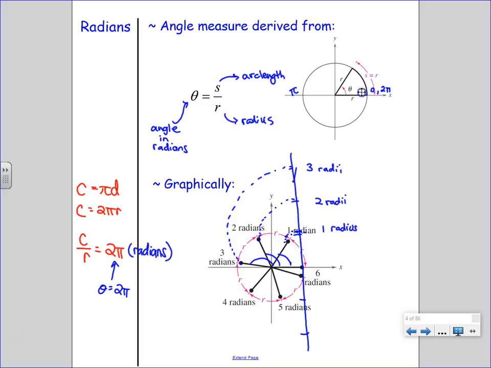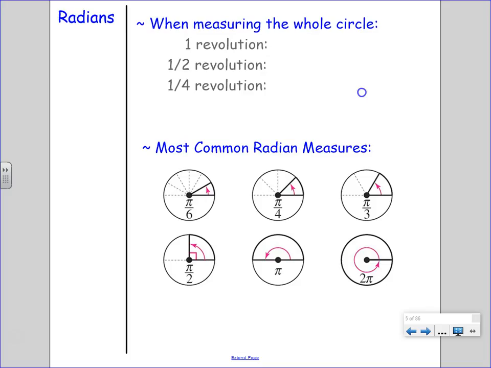We have to think about it and say, well, what is pi? 3.141596. So where would 3 radians be? A little bit before it. Where would 1 radian be? In the first quadrant. Where would 2 radians be? About 2/3 of the way through. And we'll keep talking about it. But my goal is to make the unit circle a little bit more understandable than it might have been in the past. So to help us with that,